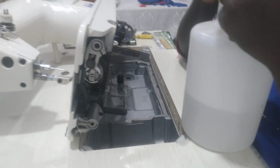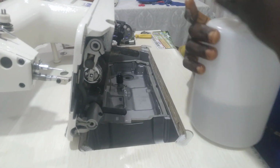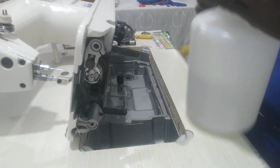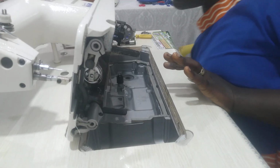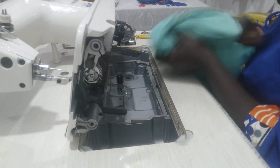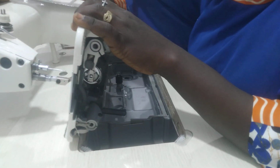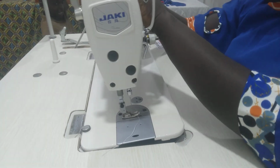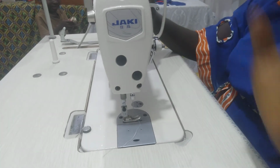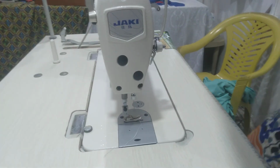This is how to change your industrial machine oil. That is all. So I'll clean my hand, and I'll clean it and put it back. So this is basically how we change